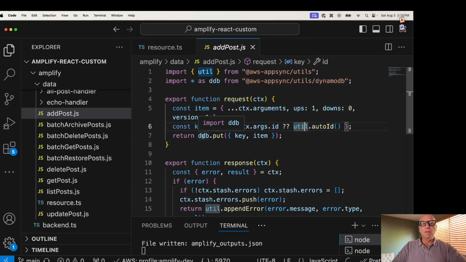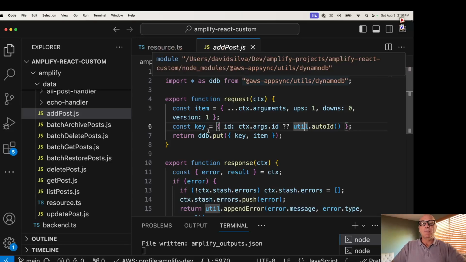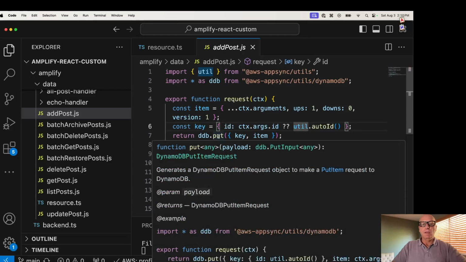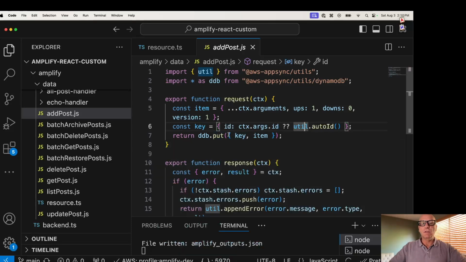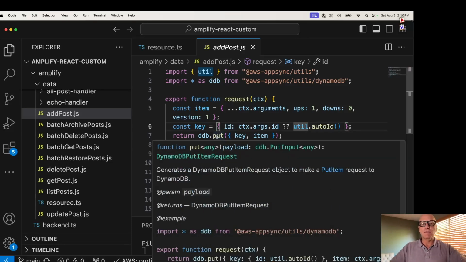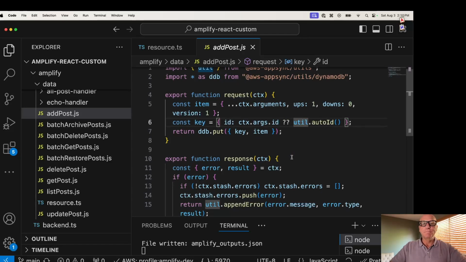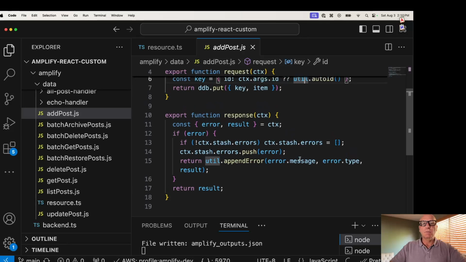And finally, there is this DynamoDB utility that gives us access to things like put, and that will transform its arguments to a format that I'll show you shortly. You don't have to use this, but it can be handy. So we return this. So we're returning an operation, and in the